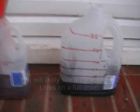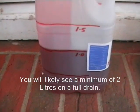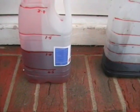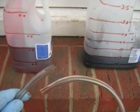So in this instance I've only drained 1 litre out of the car, and I've got 1 litre of fresh oil to go back in. Obviously different size bottles, which is why it looks like a slightly different amount, but they are marked off as 1 litre. To refill the car, we do that through the dipstick tube only, and for that I've got some